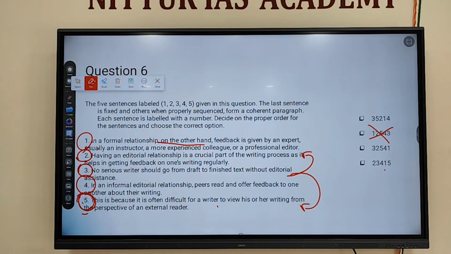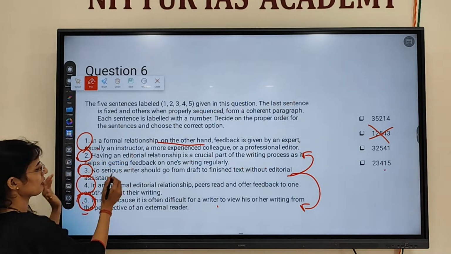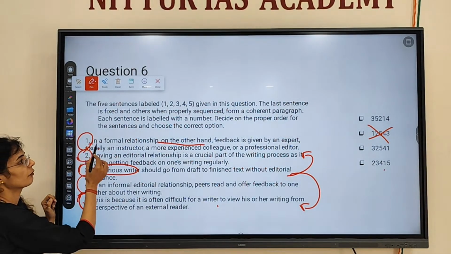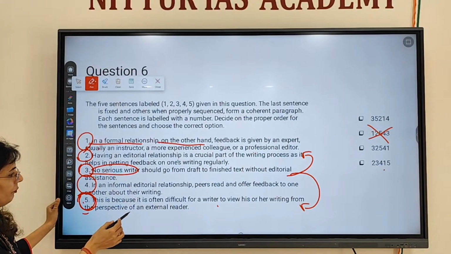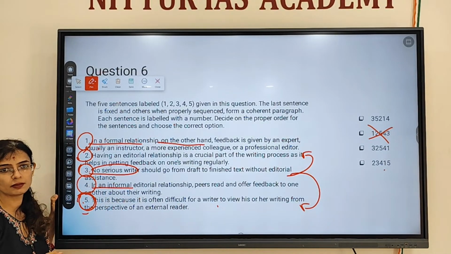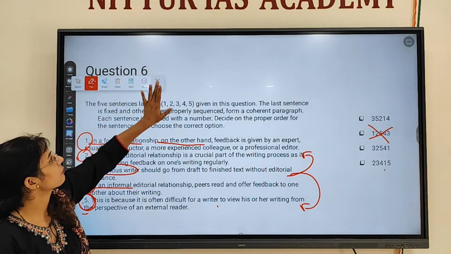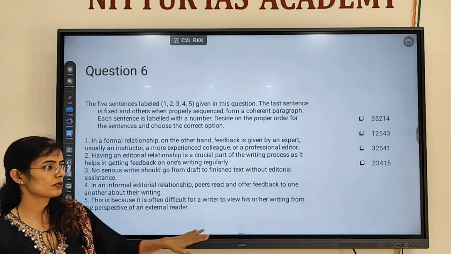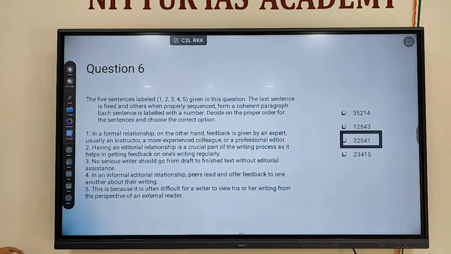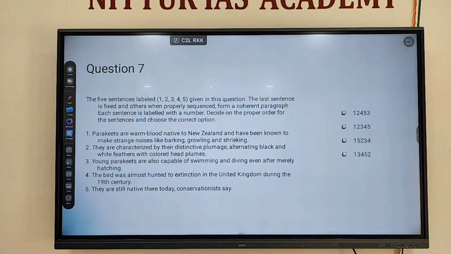A little tricky again, because we will think no serious. We'll stick to the first phrase, no serious writer, and we will not consider, or sometimes what will happen, we'll go with the formal and informal editorials, right? So that is the reason we first will find out what the passage is exactly talking about, to get a clear idea on what could be the possible sentence arrangement. Again,